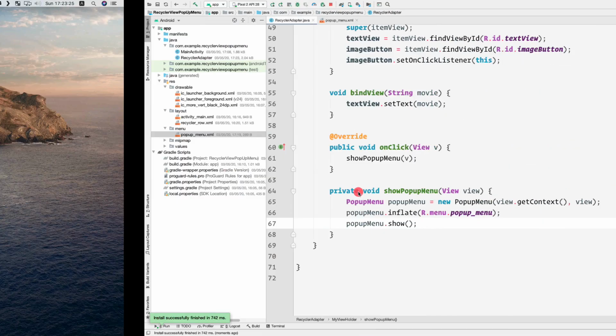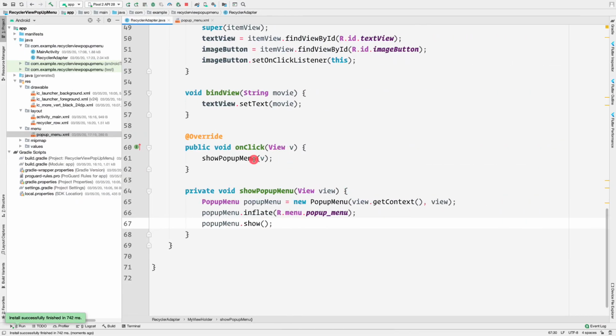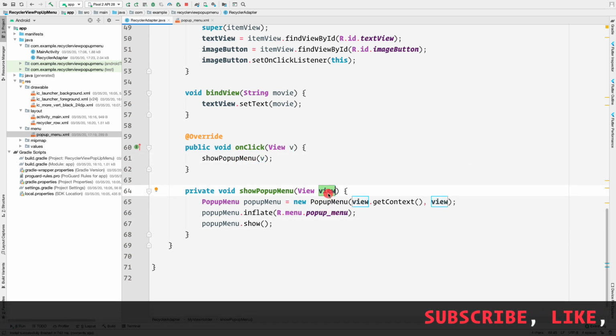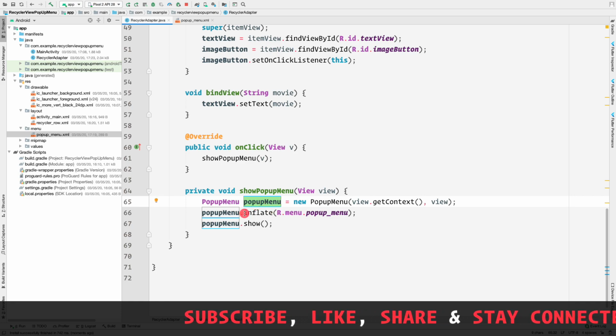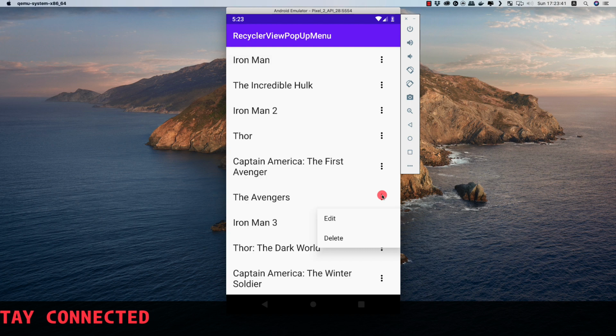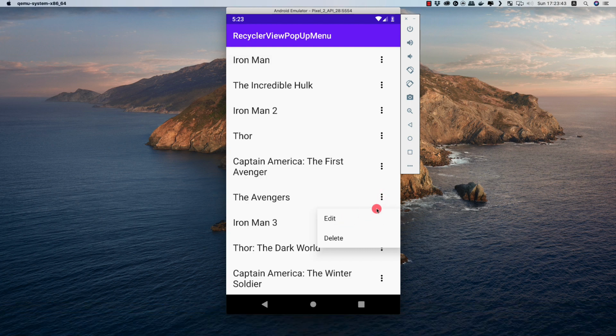And the reason for passing the view here, that is from inside this on-click method, we are passing show pop-up menu and we are passing the view here, is that this pop-up menu needs to be tied to a view, and this image button is itself a view. So the pop-up menu is tied to this button, and therefore we are seeing this menu at the bottom of this image view. And if we click here, then this menu is automatically presented at the top of this image button, that is this view here. So that was the reason for passing in the view there.